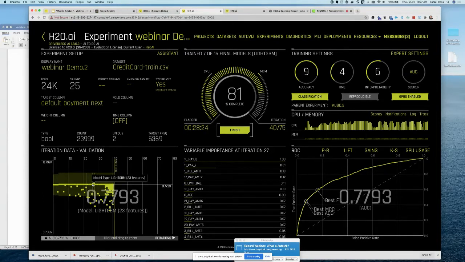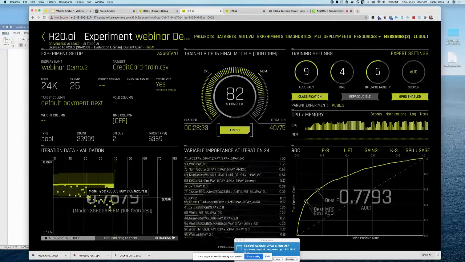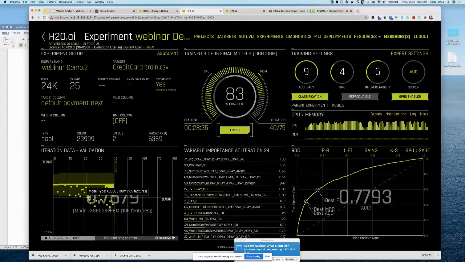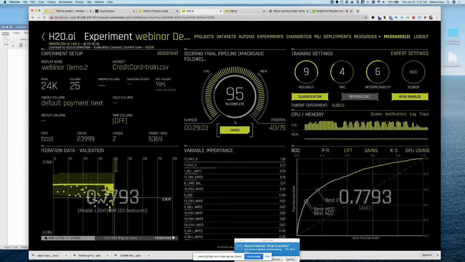And in that process, it's doing the selection of the algorithm. So the winning algorithm right here is LightGBM. But if I hover over this, this is an XGBoost algorithm. And you can see on the right the variable importance changes. If you look at the variable importance, the first one is 74 there with weight of evidence. So I'm using a feature engineering technique called weight of evidence between page 0, page 2, page 3, page 5, and page 6 features to generate a new feature to get additional signal. So here it's entered the phase of ensembling at the end.